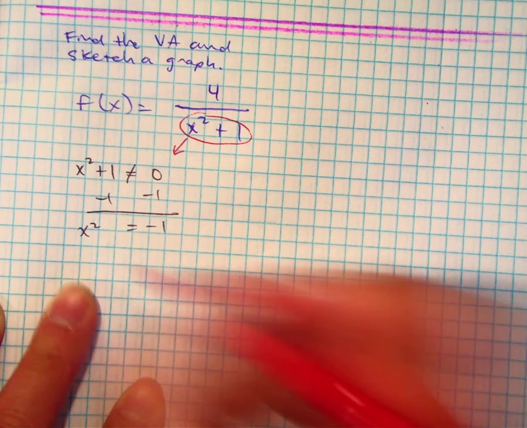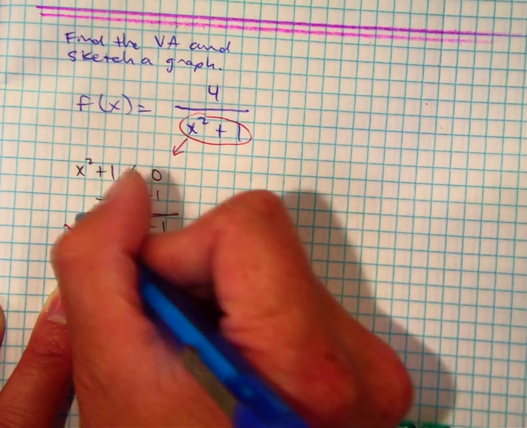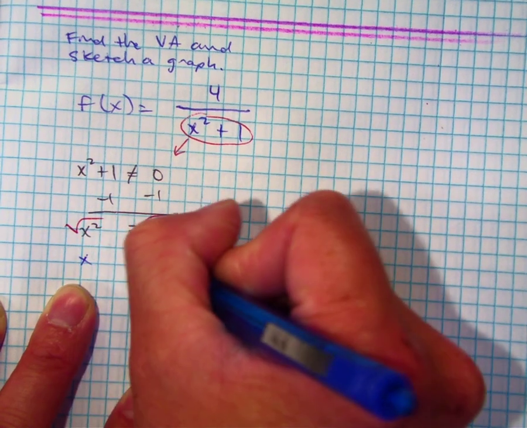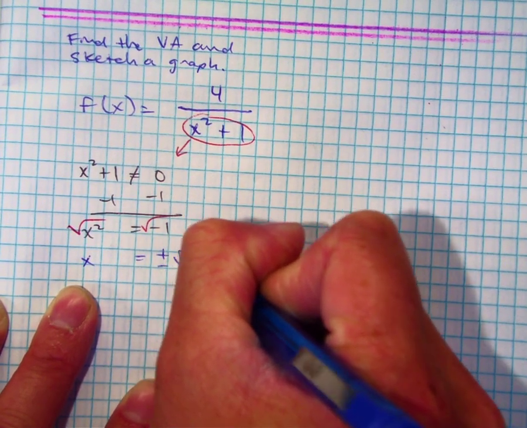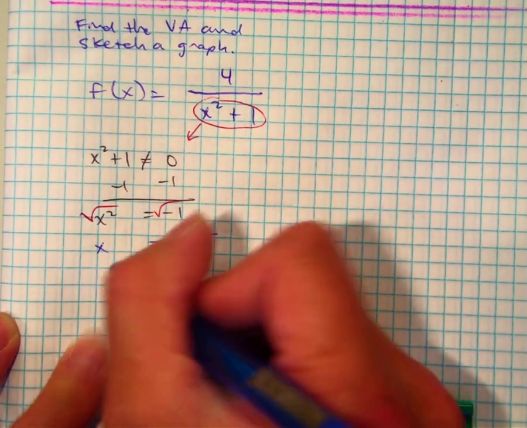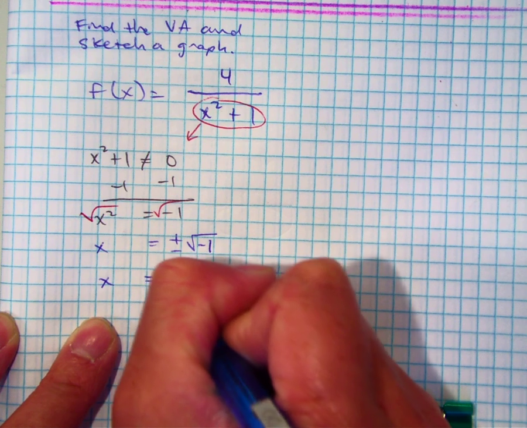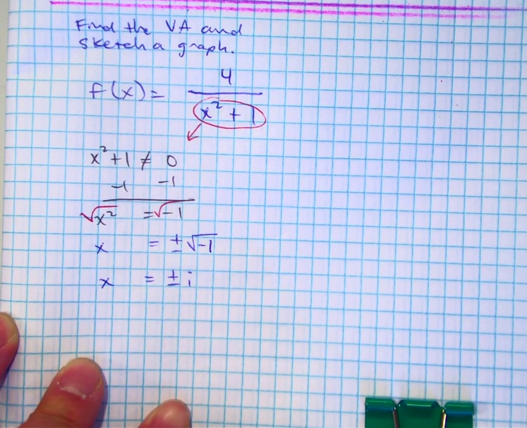And then if I take the square root of both sides, remember when you take the square root of an even power, you have x equals plus or minus the square root of negative 1. Huh? The square root of negative 1 is x equals plus or minus i. Raise your hand if you got that. Okay. That basically means that